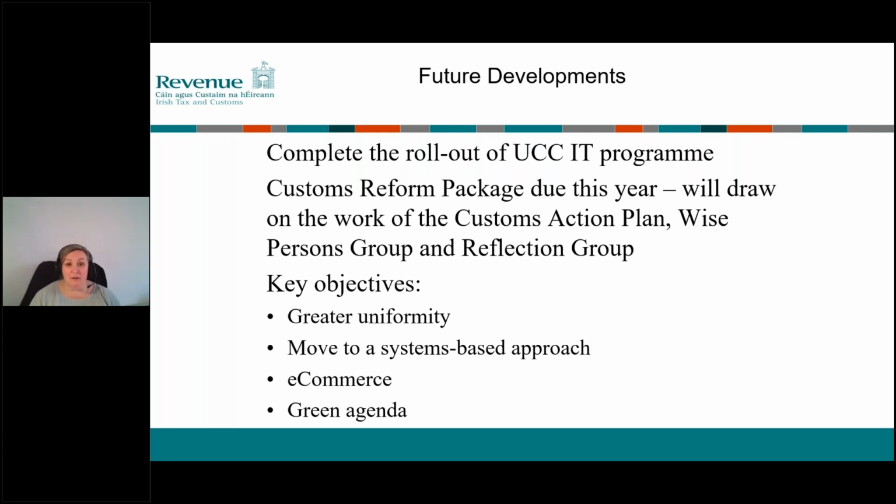At an EU level, I keep mentioning the Union Customs Code. It is an EU piece of legislation. It applies throughout all 27 member states, but already it's out of date, and it only was implemented in 2016 because, as I said, it didn't take account of Brexit. It didn't take account of the massive increase in e-commerce and online sales,